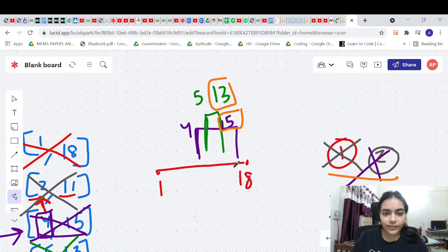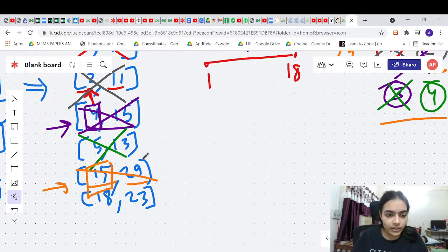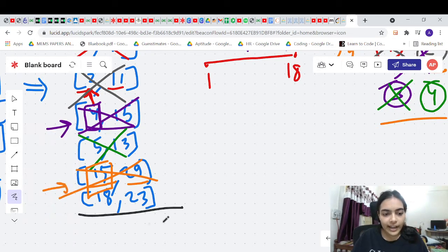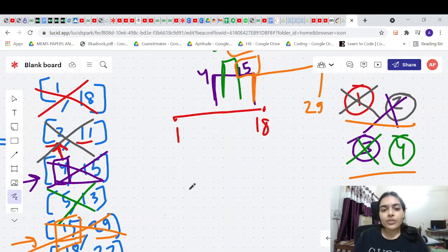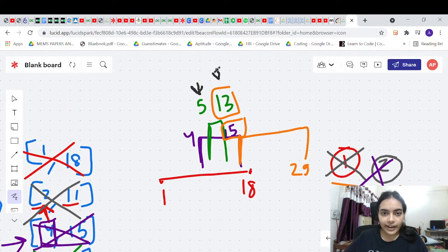Because it will start at 15. It will end at 29, right? So that can be accommodated. So it will start at 15, it will end at 29. Okay, so it can be accommodated. There is no problem at all. Now let's see the last meeting. Now last meeting is going to start at 18 and it's going to end at 23. Okay, so again in this problem, the room which is starting at 5 and ending at 13, this room can be freed at 13, right? This room will be freed at 13.